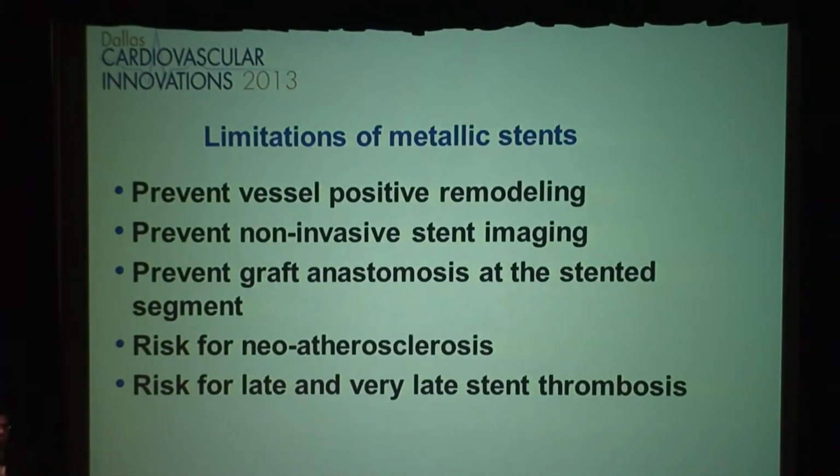There's a common problem with all the stents. Every metal stent you put in, the one problem is that if the vessel wants to grow, it cannot, because the stent is there and doesn't change over time. Second problem is, if you want to image, for example, with CT or with MRI, there's a problem because the metal doesn't let you essentially look into the stent lumen. Another problem is that you cannot do bypass. If you line your LAD with stents, then the surgeons cannot plug a LIMA, which is a very important graft